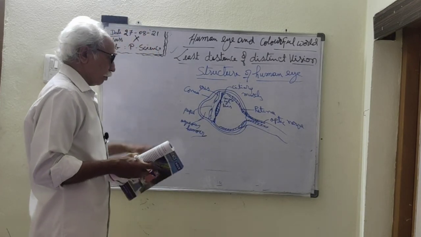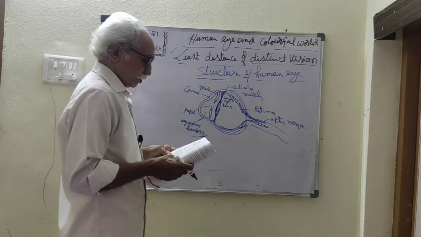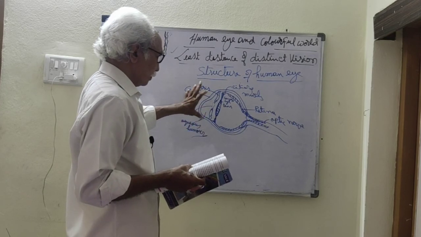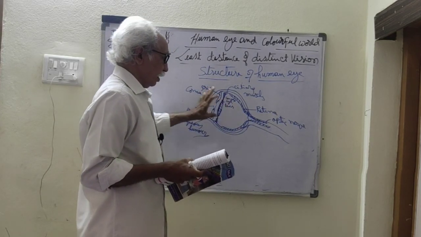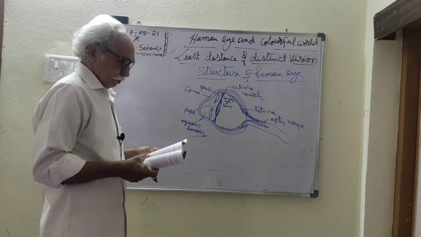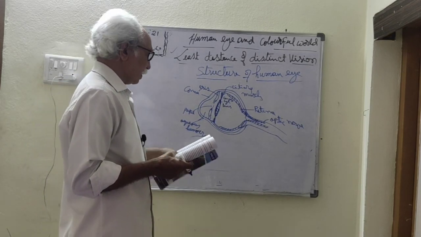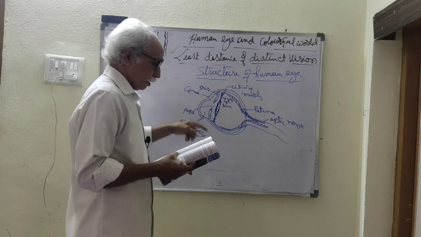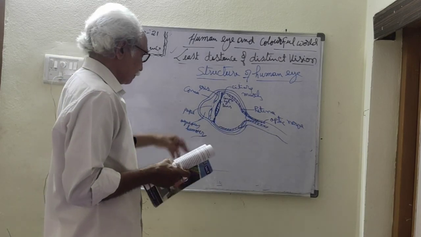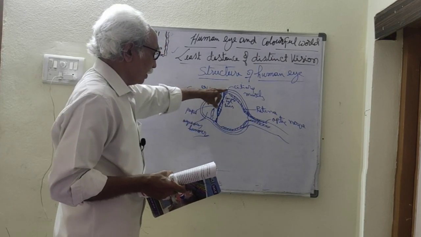The eye is an almost ball-like structure covered with a thick layer called the cornea. This cornea protects the inner parts of the eye and also gives shape to the eye. The front portion of the eye is sharply curved and is covered by a transparent protective membrane called the cornea.